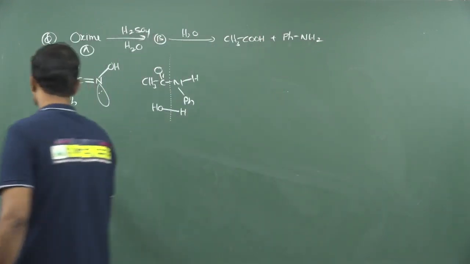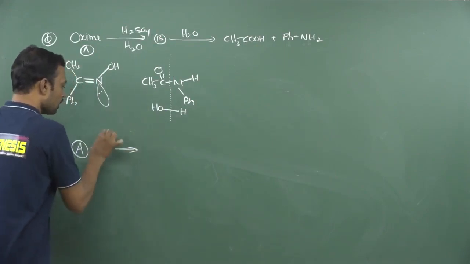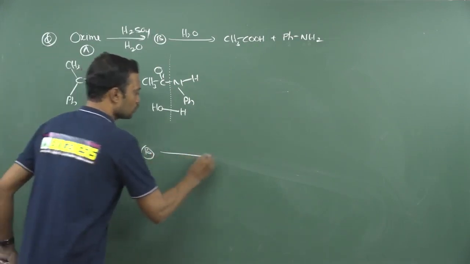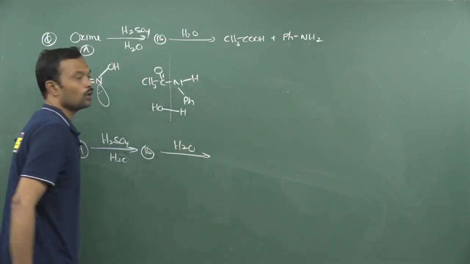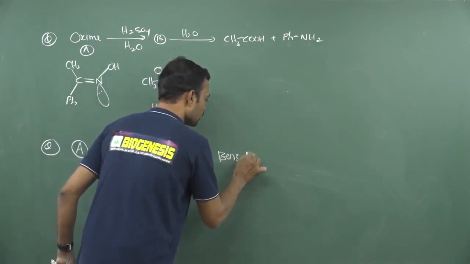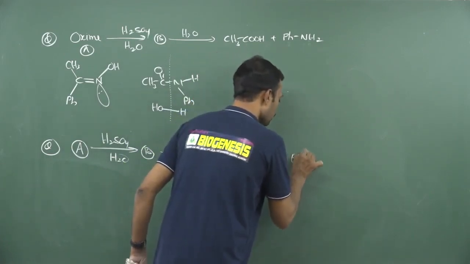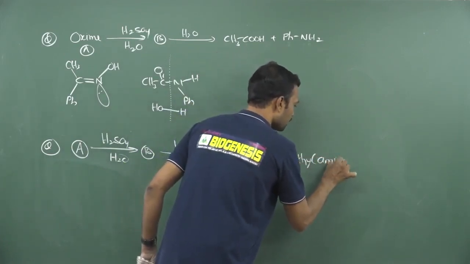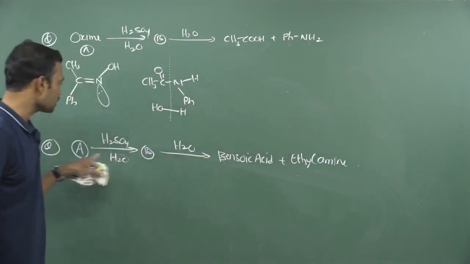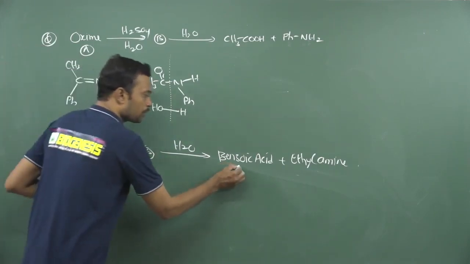One more example I will give, just try to predict the answer. So A is an oxime, and on treatment with H2SO4 in water, you will get an amide. So this amide upon hydrolysis, we know amide upon hydrolysis will give the relative products here. So I am saying this is benzoic acid, followed by ethyl amine, I am writing ethyl amine. Now based on these two products you need to decide what is the stereochemistry involved in this oxime. So here I am writing benzoic acid.